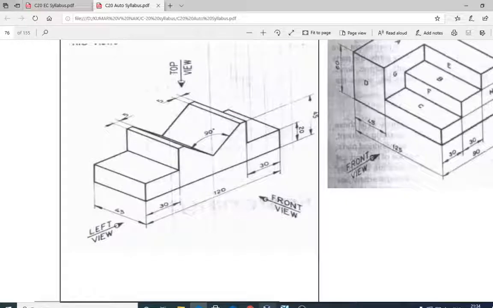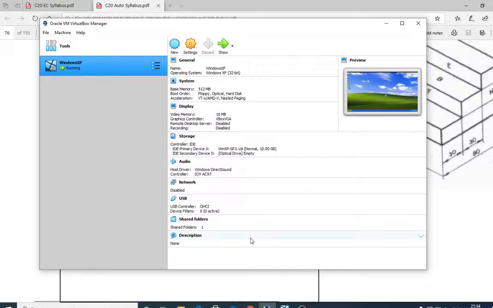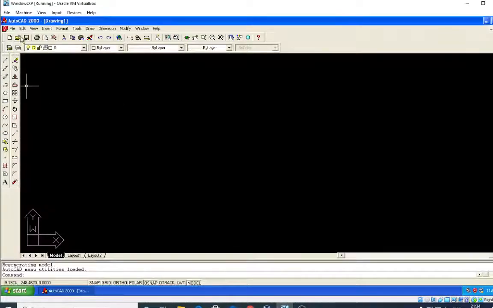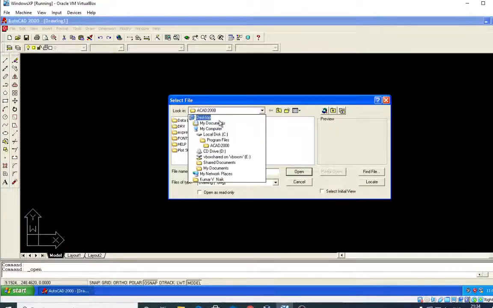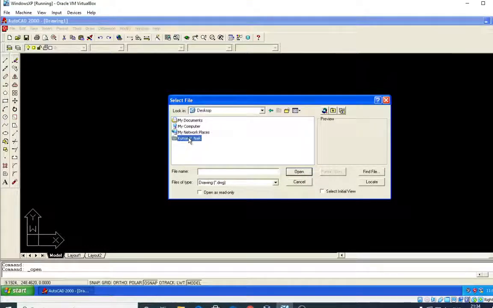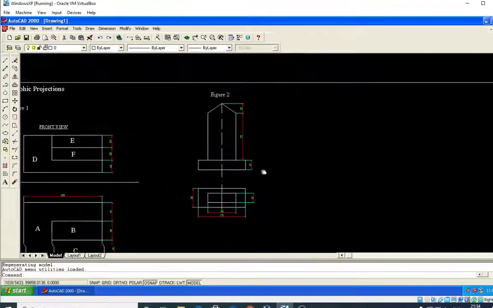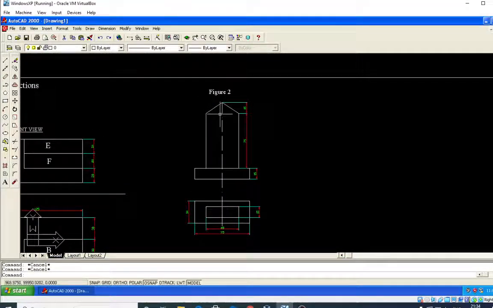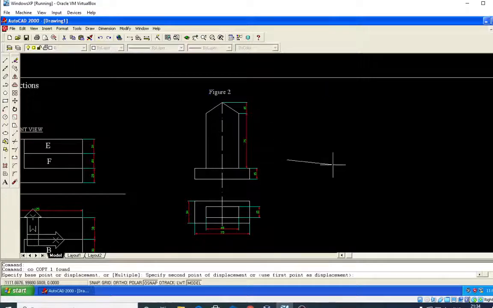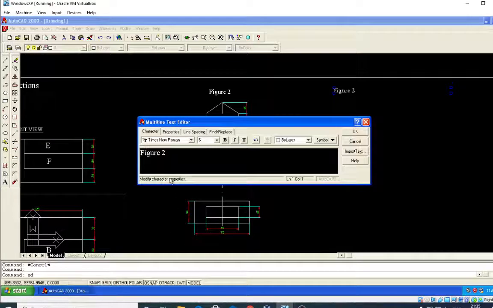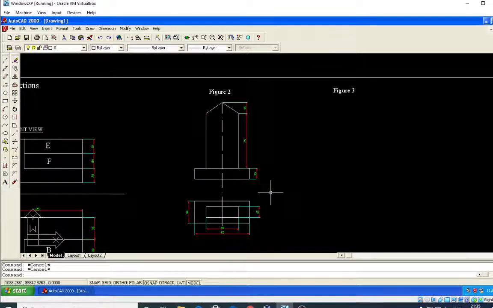First we will open this. Okay, so again I will start this, cancel. So I will take a previous sketch that is available on the desktop, open this folder, take a figure, this is available, right? So I will take it as a copy, copy, enter, I will copy this figure, edit it, enter. So I will edit it as 3. Okay, so now we will start.